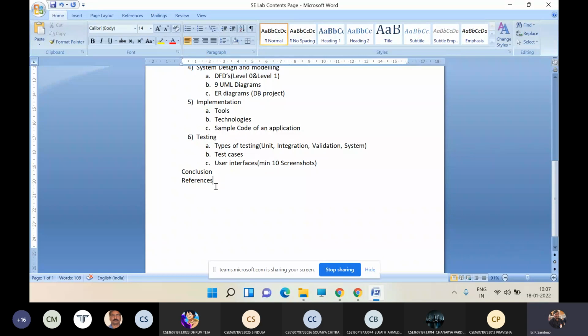So references, if you want to keep, you can keep two types of references. One we will have is bibliography. Bibliography means if you have referred content from any of the textbooks or PDFs. That kind of scenario will be called a bibliography. And if you have taken any content which is online,